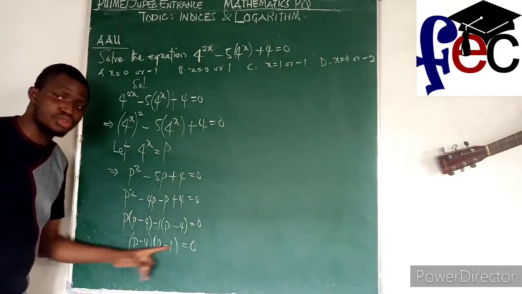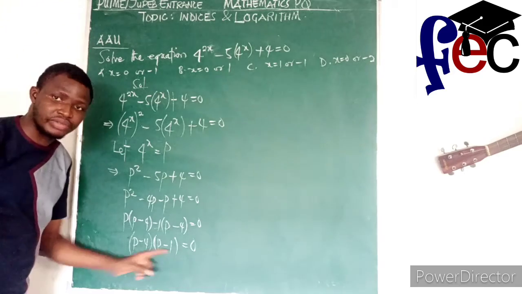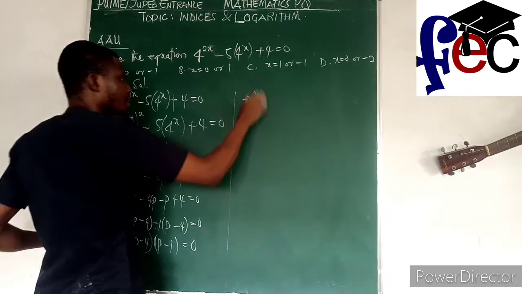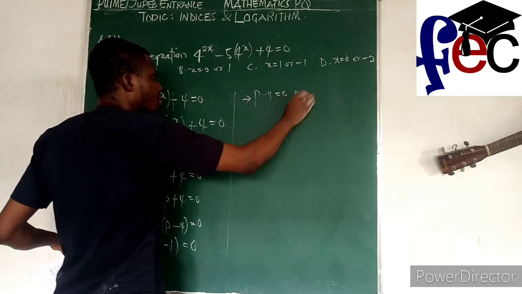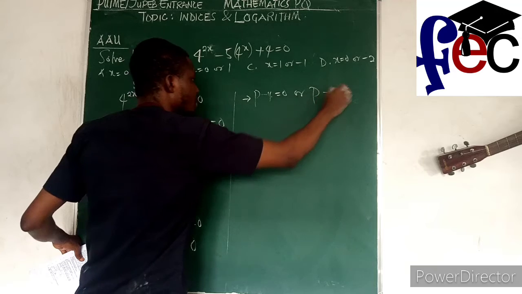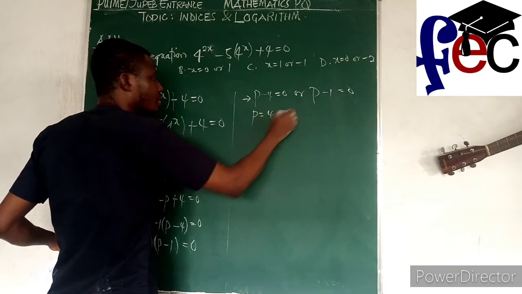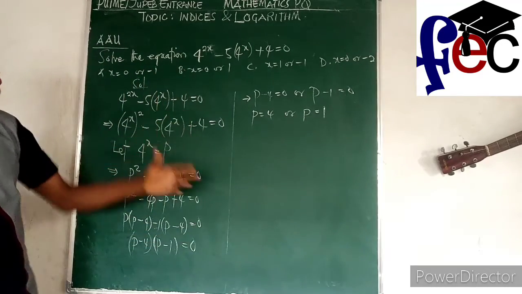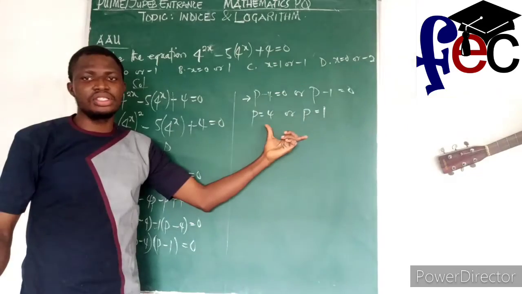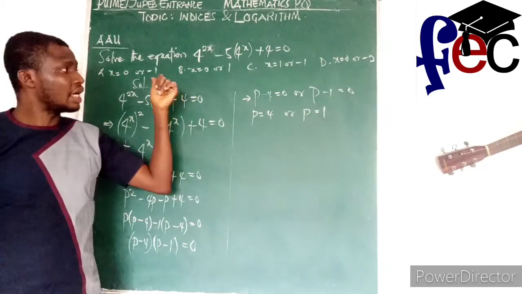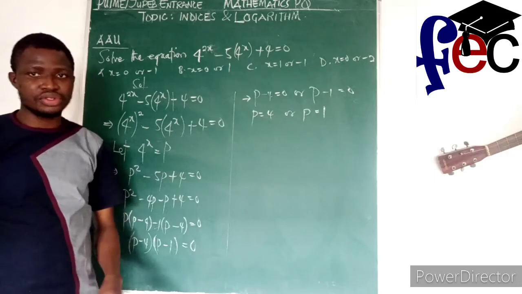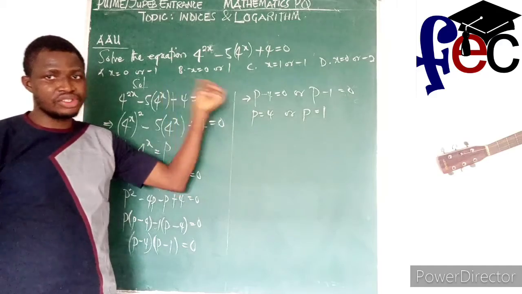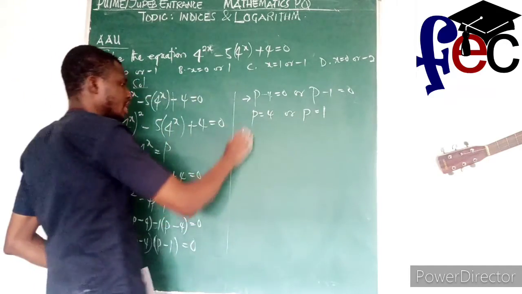So if the product of these two gives us 0, definitely one of them is 0, or the two of them. So I can say from here that p minus 4 is equal to 0, or p minus 1 equal to 0, so that p becomes what? 4, or p becomes 1. We are fortunate that these two are not used as any of the options. So that means we can recall